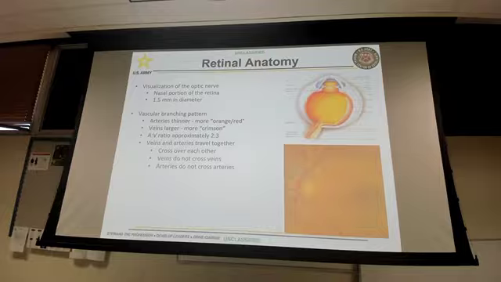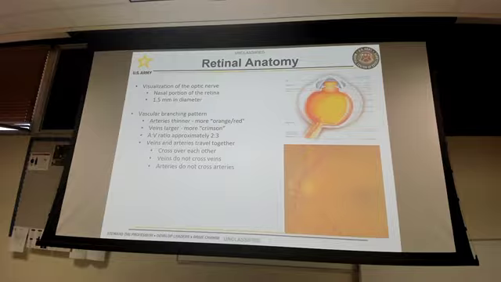The vasculature of the retina, you'll have your arteries and your veins. The arteries tend to be smaller than the veins. The color is a little bit different as well. The arteries are an orange-red color, and then the veins tend to be a little bit darker. Your normal assessment of the size, the diameter of those vessels, is a 2 to 3 ratio. So the way you look at it is that the diameter of the artery is about 67% of the diameter of the veins. And anytime you have a deviation of that ratio,